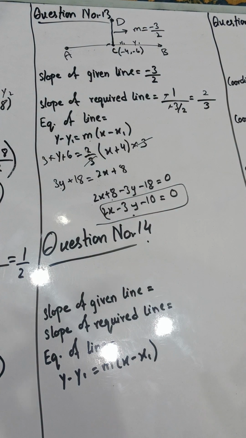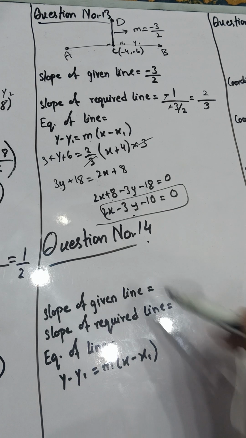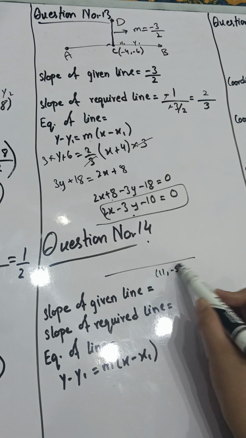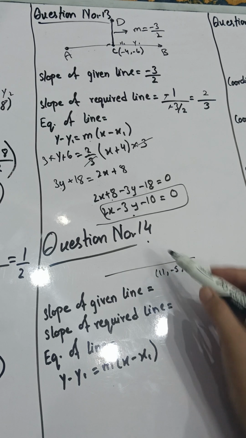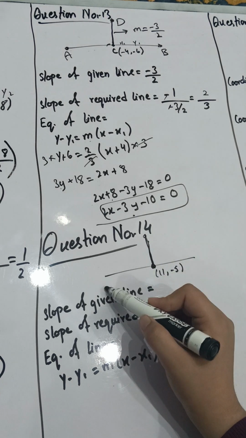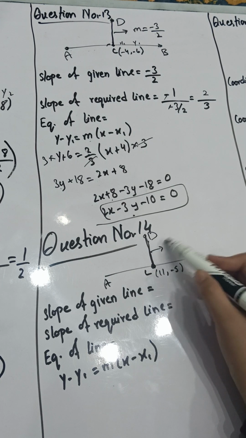So we have to find the equation from the required values. Now move toward the question number 14. So in the question number 14, you have been asked to again find the equation by this formula, and you have been given a line through whose coordinates are 11 and -5, and parallel to the line with slope, एक parallel line है. ठीक है, like CD, ये AB लाइन है, ये C और D है, और स्लोप आप लोगों को इस लाइन का दे दिया गया है